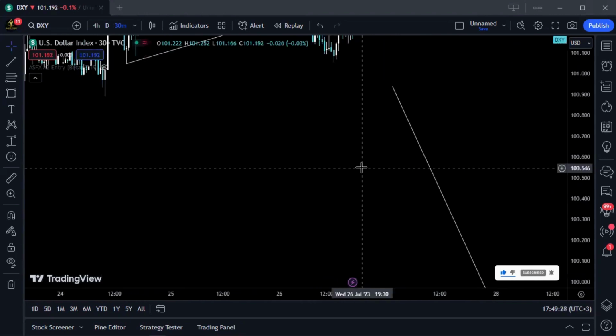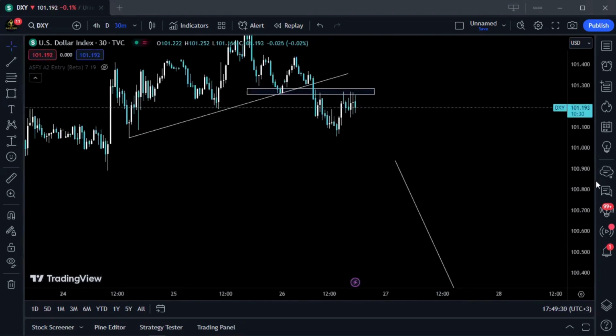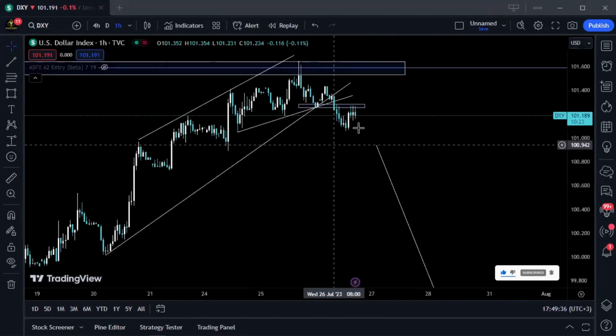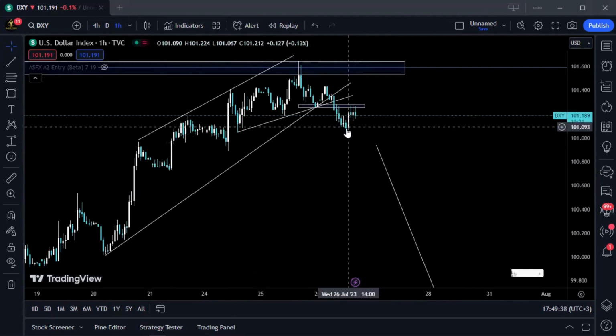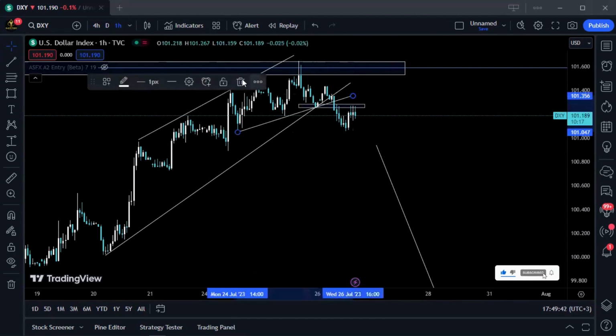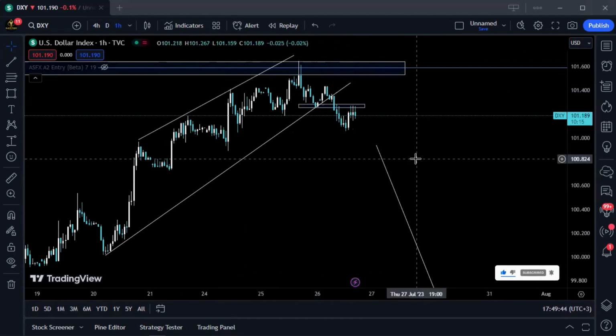So that's what I'm anticipating to see happen on DXY, the US dollar currency index, for the rest of the week. So you can see on the 1 hour, it has lost its momentum. It was solid bullish, but it has lost its momentum. And part of that is because today we have a FOMC interest rate decision. So obviously the markets will be kind of slow until the